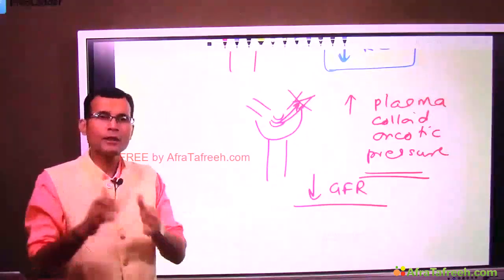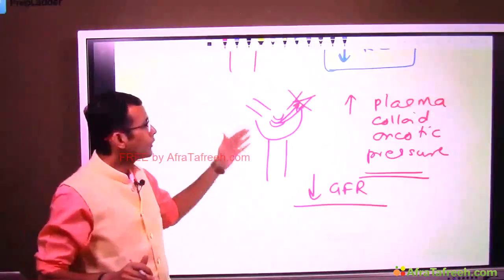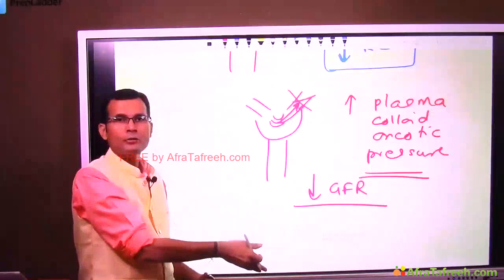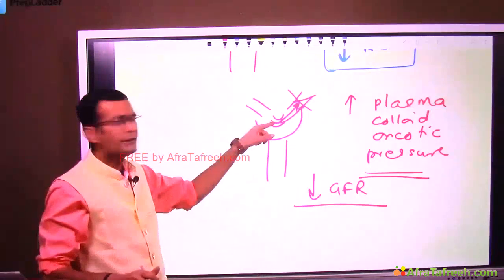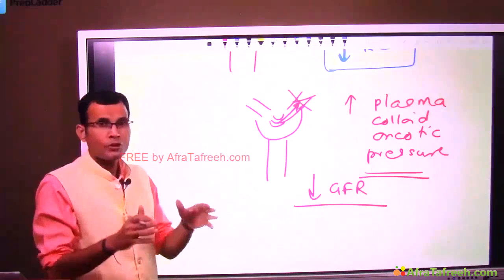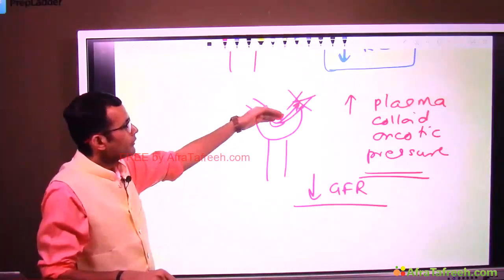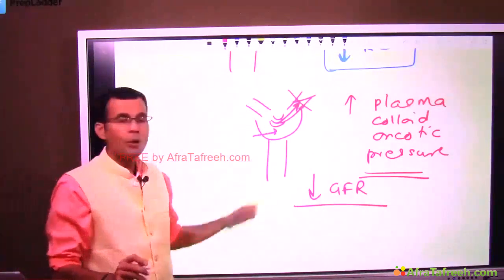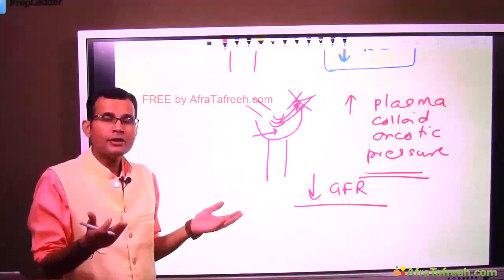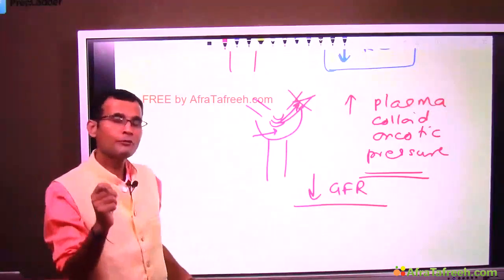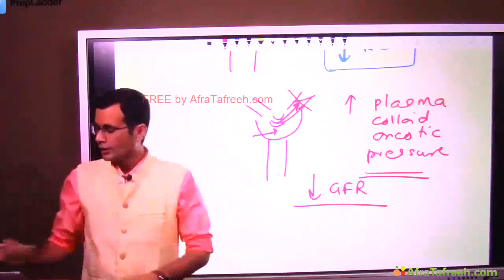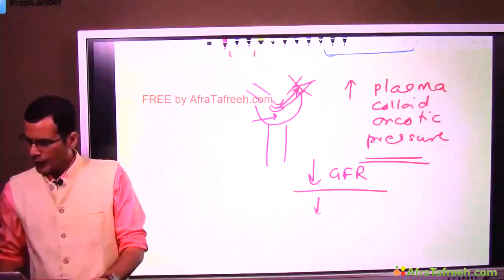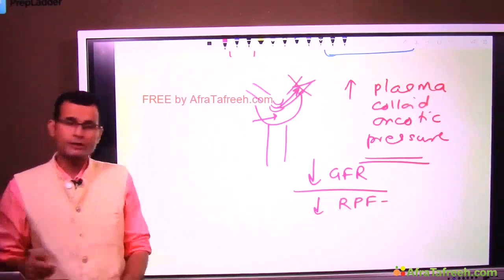So the glomerular capillary hydrostatic pressure will decrease because a lot of fluid has been filtered out. So less amount of blood in these capillaries, less amount of plasma, I mean to say, and the fluid got filtered out and came into the Bowman's capsule. So Bowman's capsule hydrostatic pressure will rise, increase, and that force is an opposing force. It will oppose the GFR. So the end result is there is a decreased GFR. And of course, there is decreased renal blood flow and renal plasma flow,